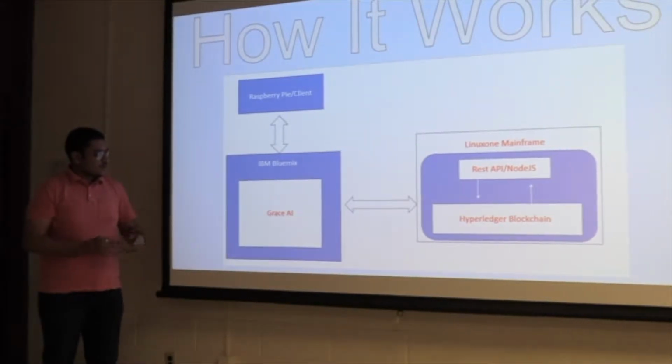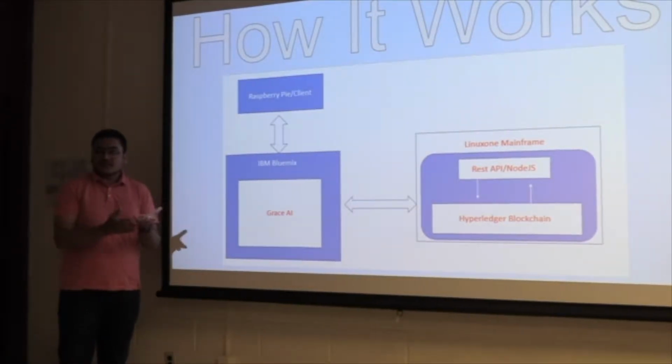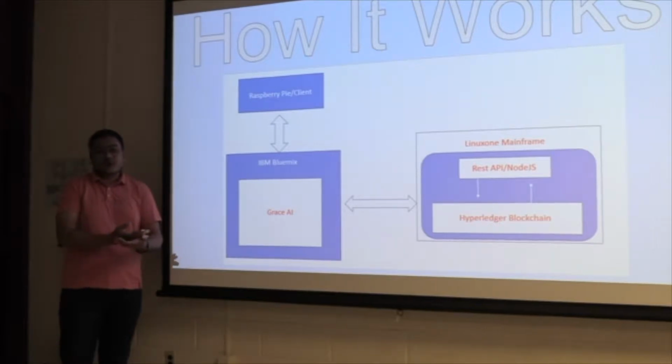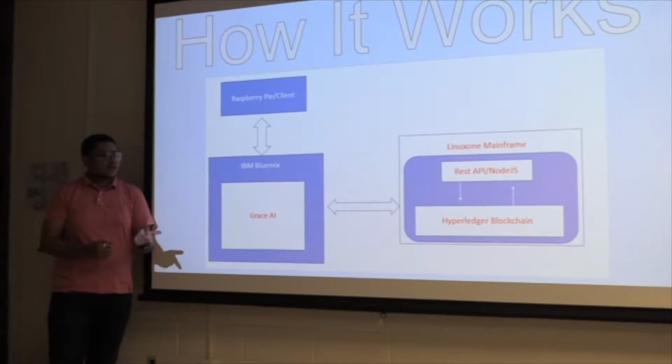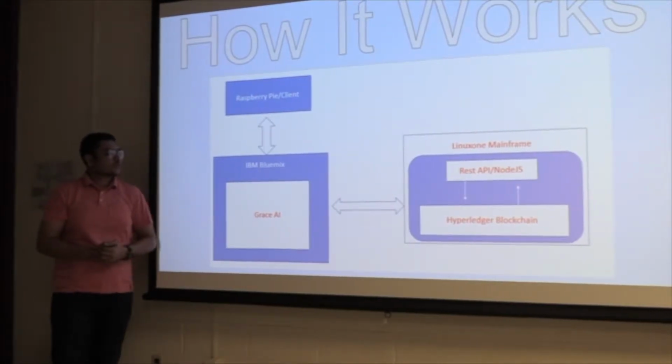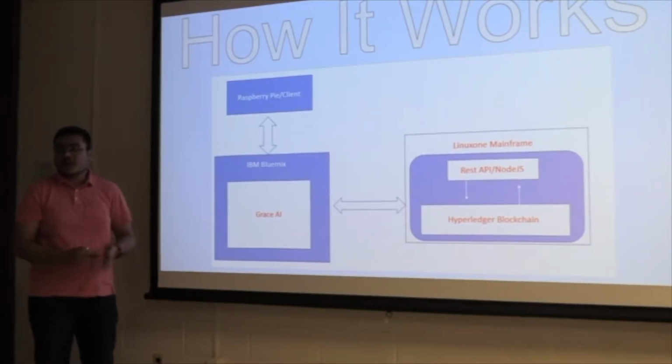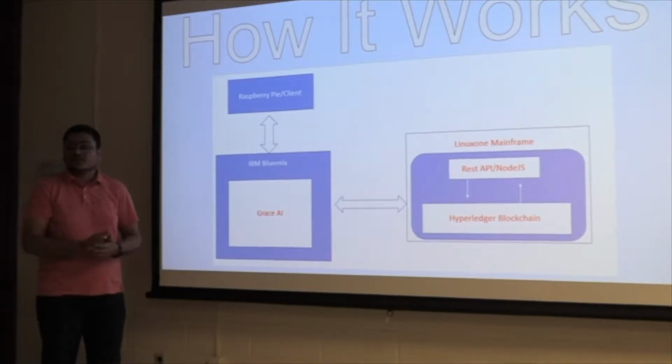Basically, Grace AI takes the raw data, parses it, and tokenizes and sends it to the Linux 1 Hyperledger blockchain, which runs on Linux 1